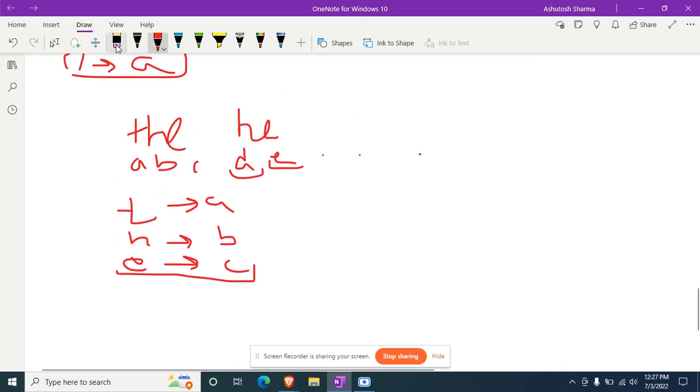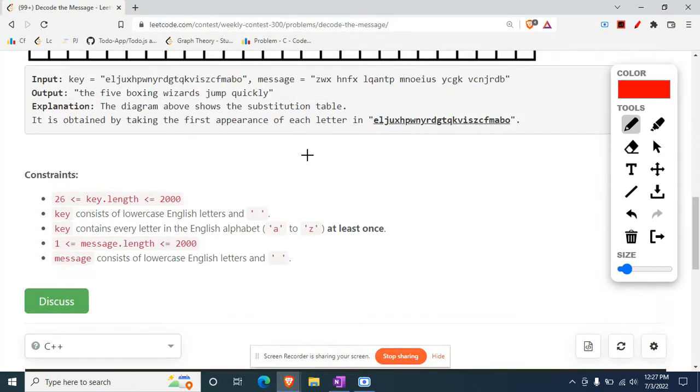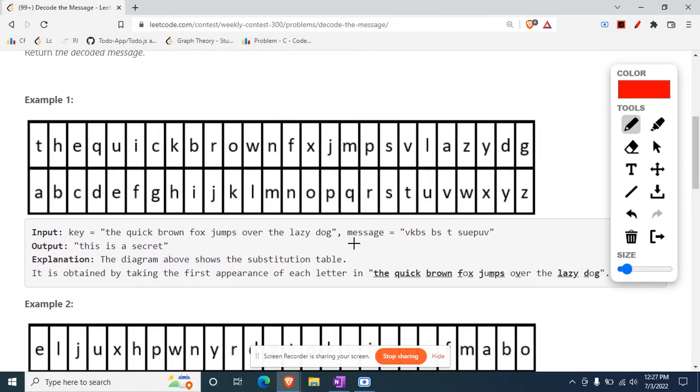Okay, this is a good one again. So again we got an H. We do not need to take that anymore. Okay, so this is how it goes. So H doesn't need to be mapped anymore again. So let's just say you have a message that is also given in the question, that is right here,